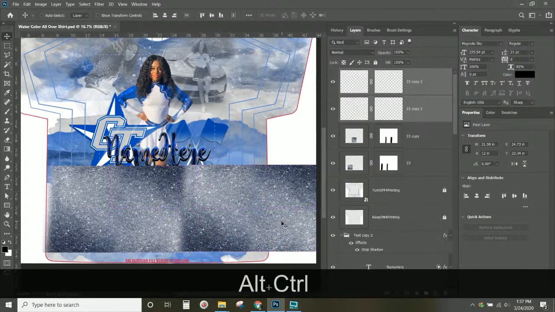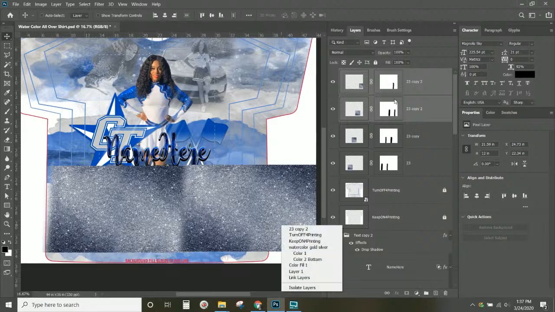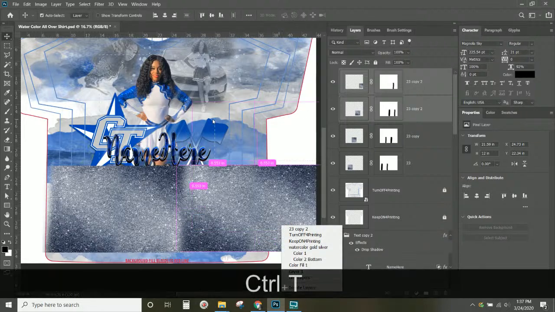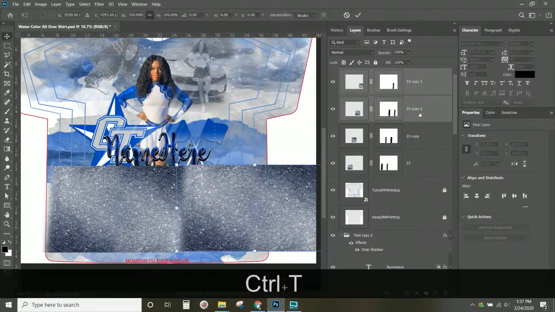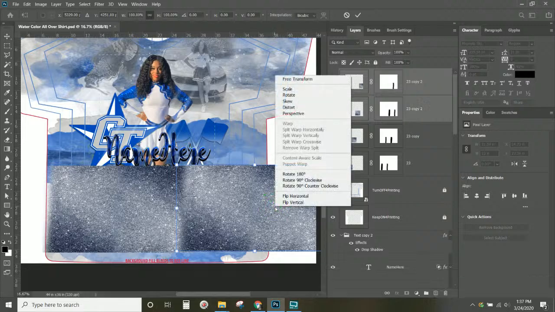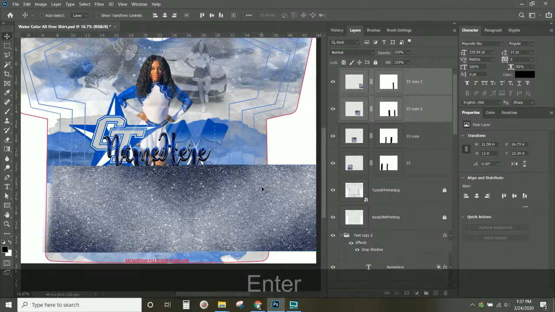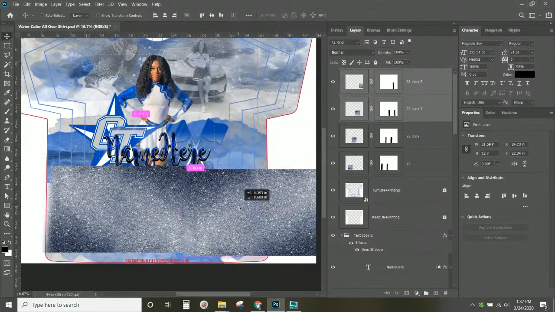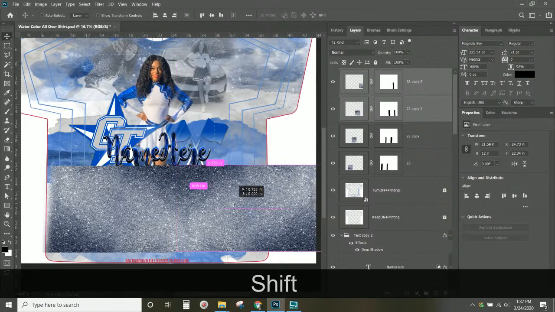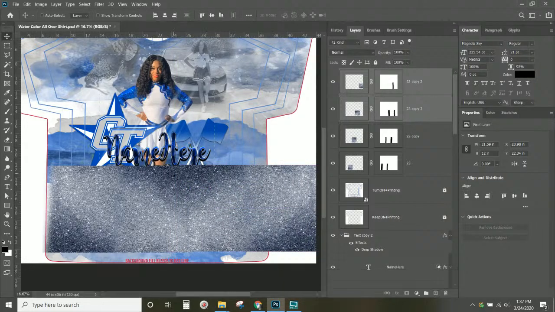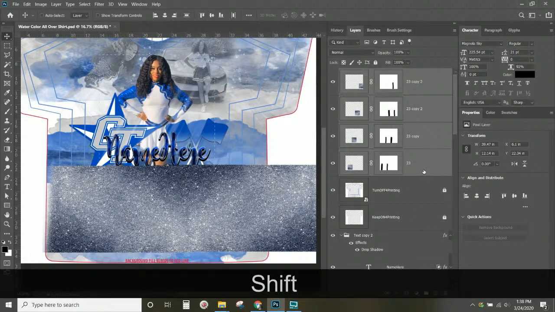Same thing, and this time I will press Control T, and let's flip this one vertical, and then I get that continuation of that dark to light. So I do that a lot of times for patterns and things that I want to make look continuous, but maybe the original image that I have is not a long image. So in that case, I'm going to go ahead and take all of that, merge it,